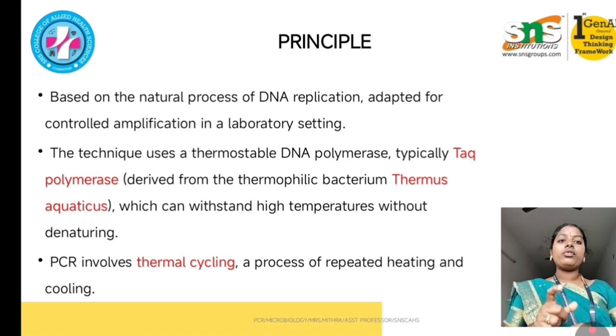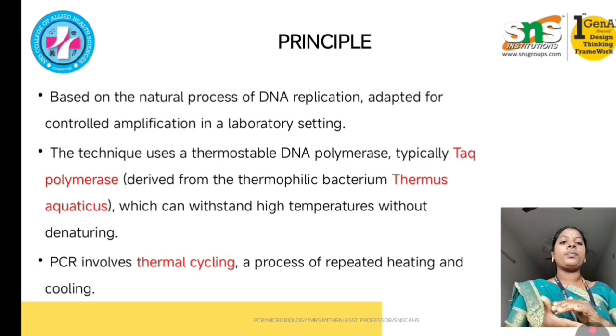the thermophilic bacterium. Thermophilic, in the sense, thermo means heat, philic means loving. So it is a heat loving species, that is Thermus aquaticus. This species of bacteria can withstand high temperature without denaturation. Without denaturation, in the sense, it does not denature into single pieces, so it can withstand that amount of